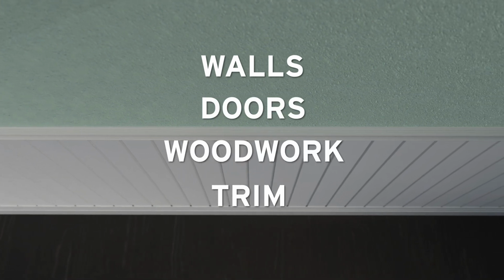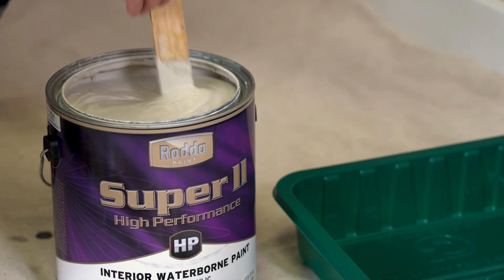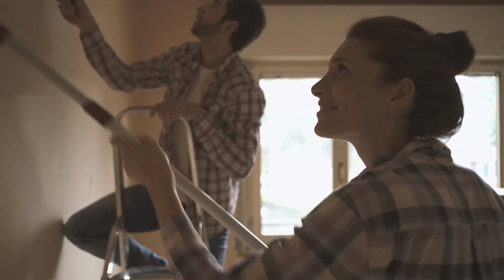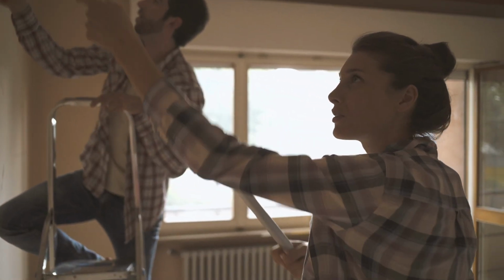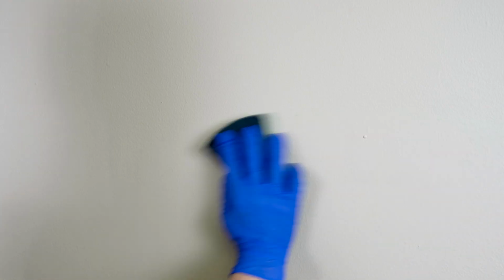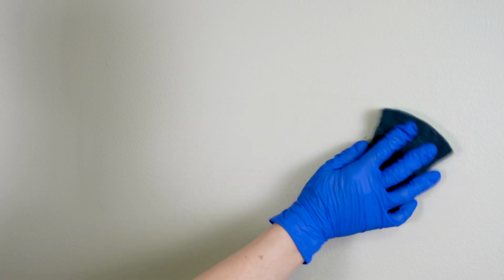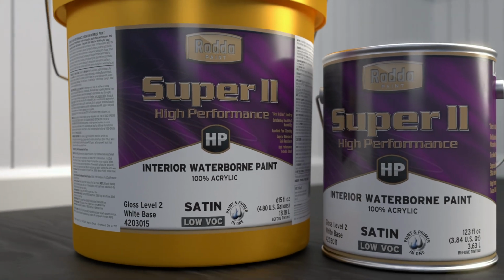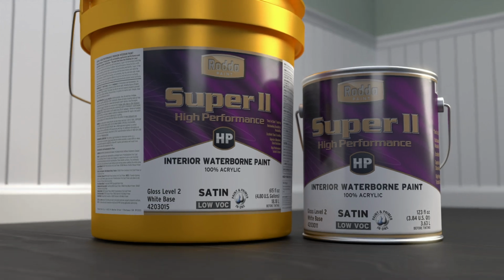especially for high-traffic surfaces. With higher volume solids for better hide and coverage, Super 2 HP has been tested and rated for high performance, and its touch-up properties are best in class. Customers expect painted walls and trim to wash well and stand up to everyday bumps and scuffs, and Super 2 HP far exceeds expectations. Exceptional durability and stain resistance, complemented with excellent flow and leveling and superior adhesion to both